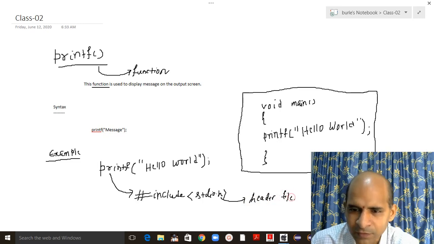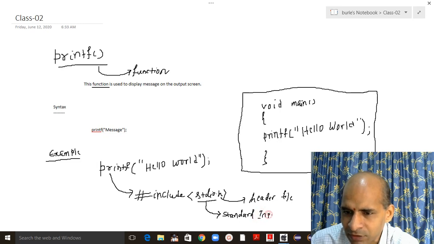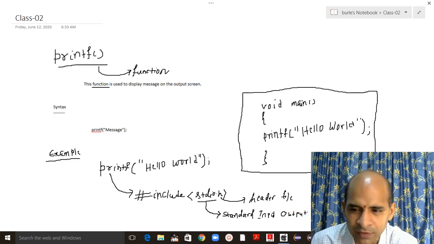From the second class, it is not possible for a student or person to know everything in detail, so that's why it needs some time. So what is stdio? It is standard input and output. So we can say that stdio.h is the standard input output header file. So we will discuss it. In a reverse way, we can say that if we want to use printf, then we are bound to write hash include stdio.h.